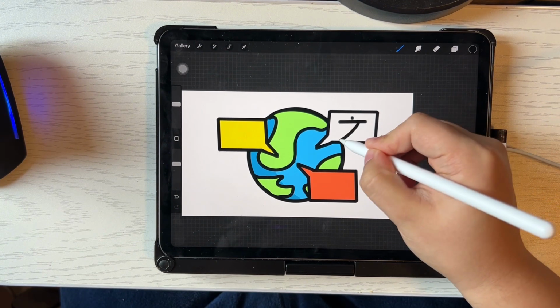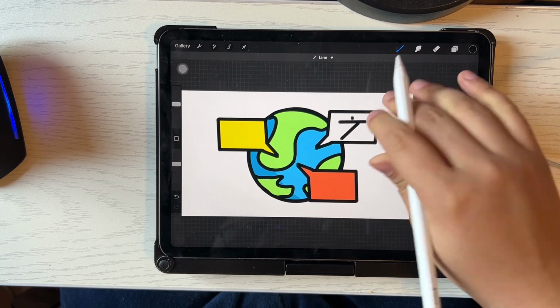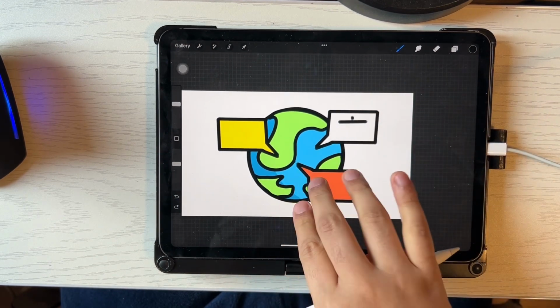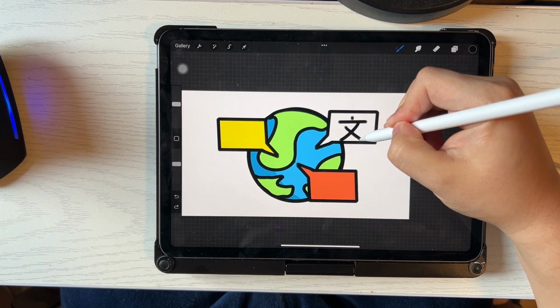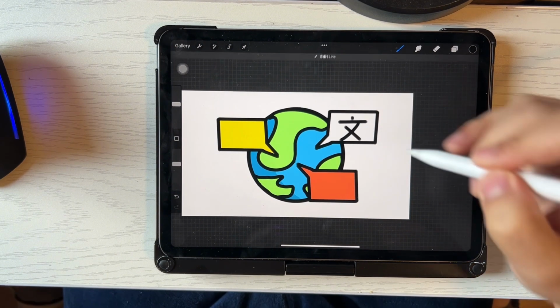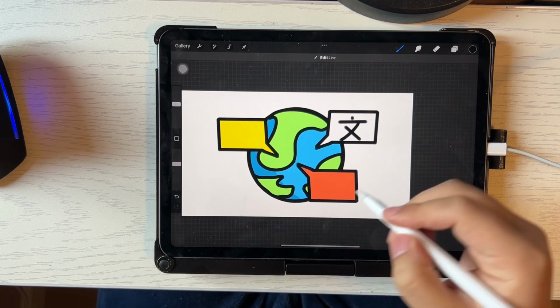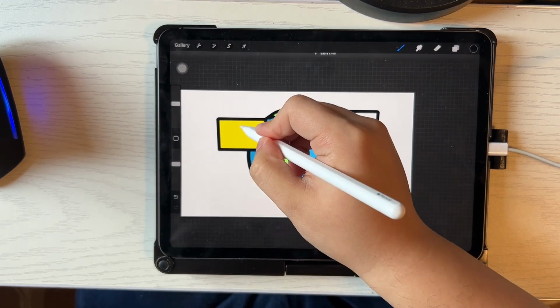Then add a little bit of curve, yeah. And then, okay, and then say English,